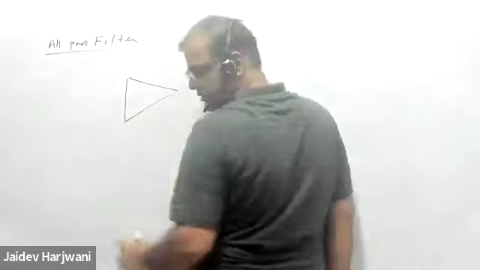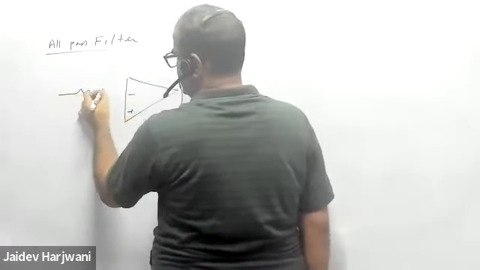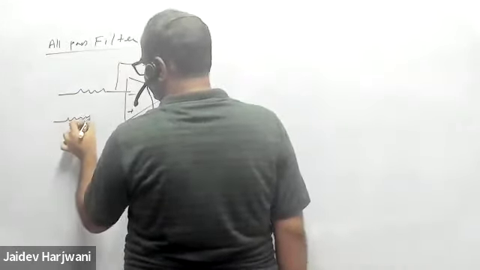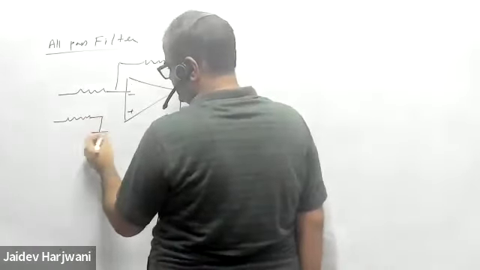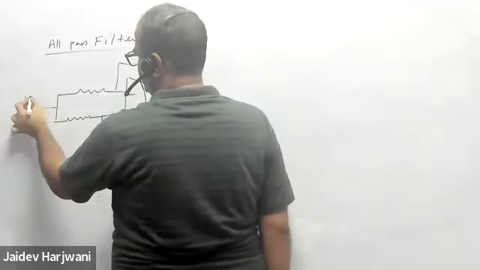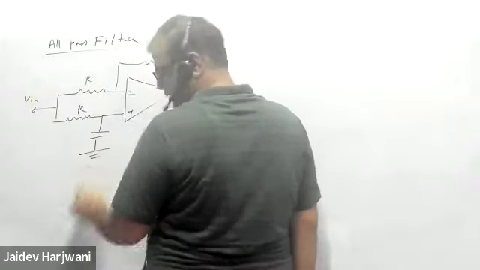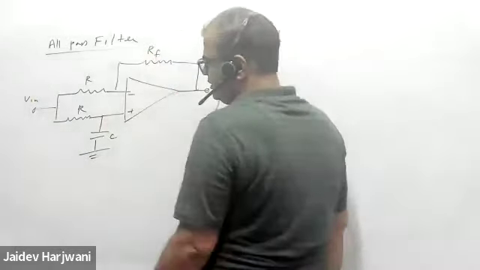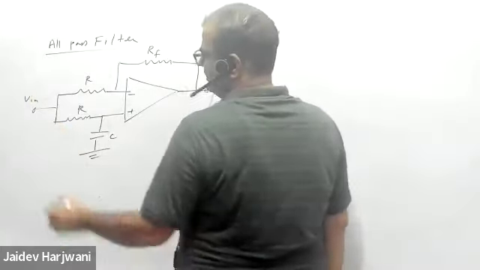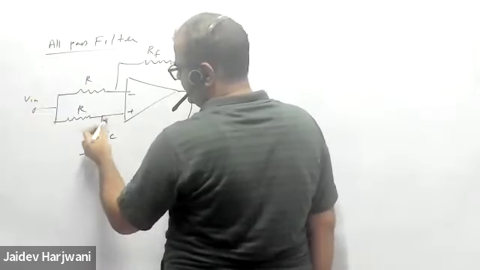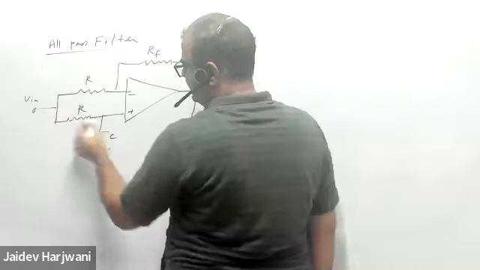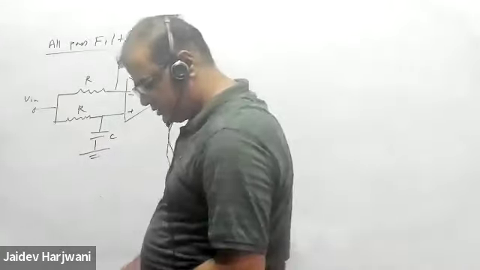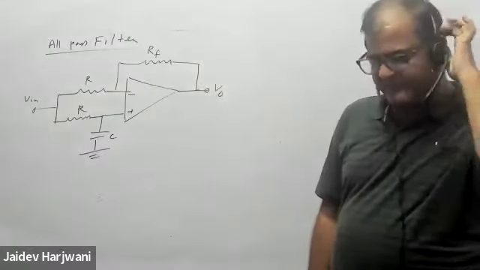You have this one, the circuit is minus plus, and you apply here also some input. This is your V input, this is R, this is R, this is your C, and this is your RF, this is the V0। तो इसमें क्या होगा? आपने कुछ सिग्नल दिया, ये क्या करेगा? हाई पास को ब्लॉक कर देगा, लो पास यहाँ से चला जाएगा इधर, ठीक है। हाई पास ये यहाँ से पास नहीं करेगा, हाई पास यहाँ से चला जाएगा। तो ये आपका बन जाएगा।